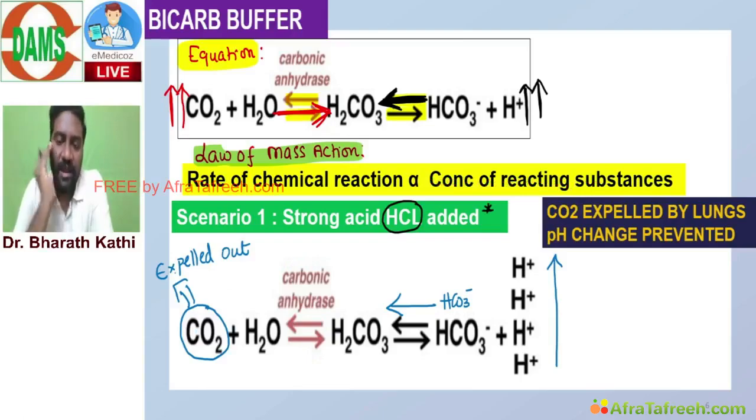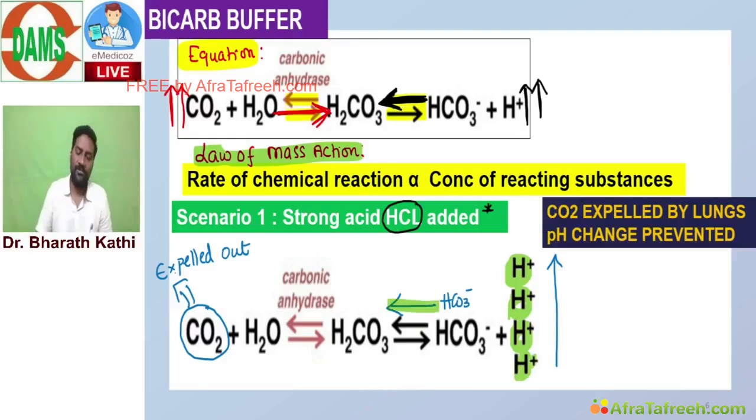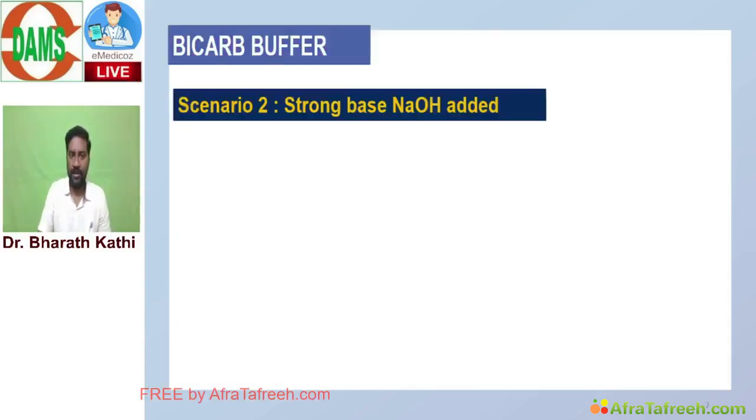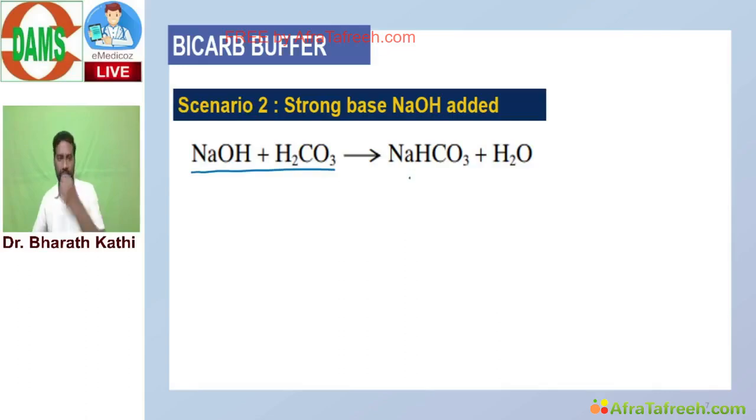Whenever acid is added, that acid gives rise to so many H plus. These H plus now make the reaction go in this direction, ultimately forming CO2, which will be expelled out. Because of this, the pH change will be prevented. Now let us see what happens when a strong base like NaOH is added. This is more simple. NaOH directly reacts with H2CO3,